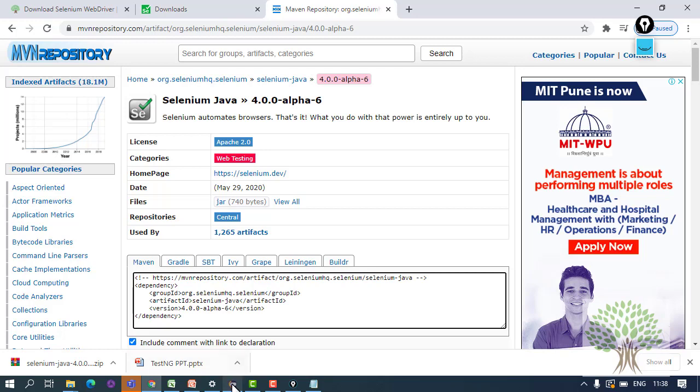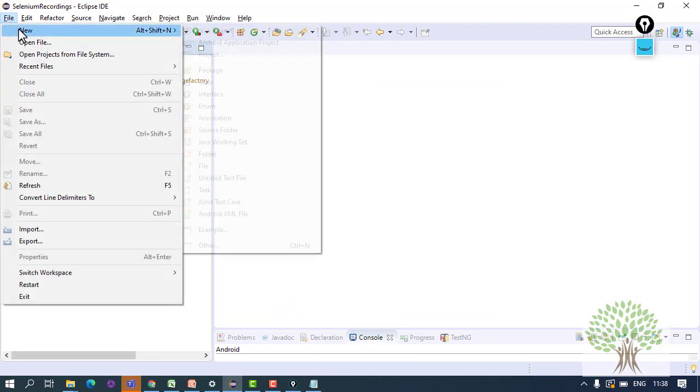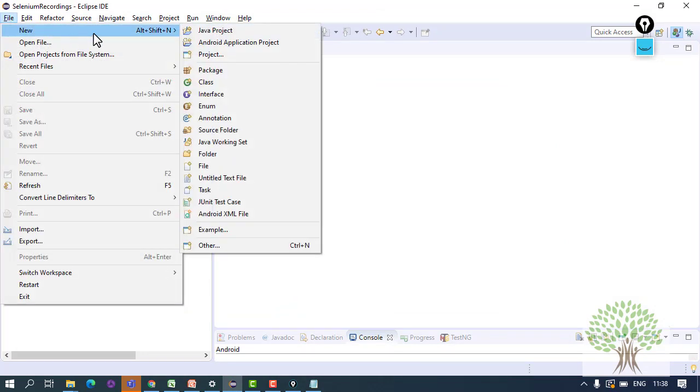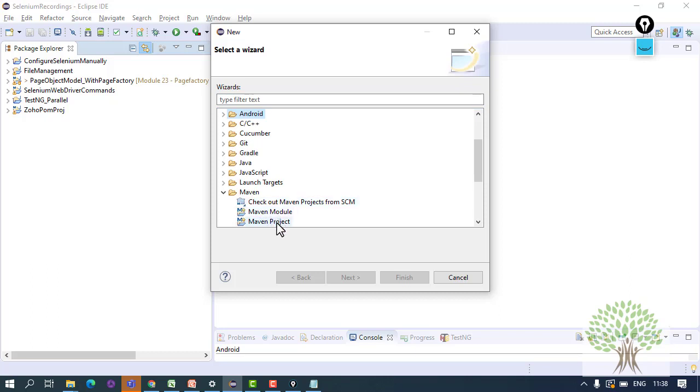Right, so first of all, if you want to use Maven, you'll have to create a new Maven project. Things will get clear to you in some time, as you proceed, how Maven can be used and how it is actually helpful. So you go to File, New, Other, and select a Maven project.